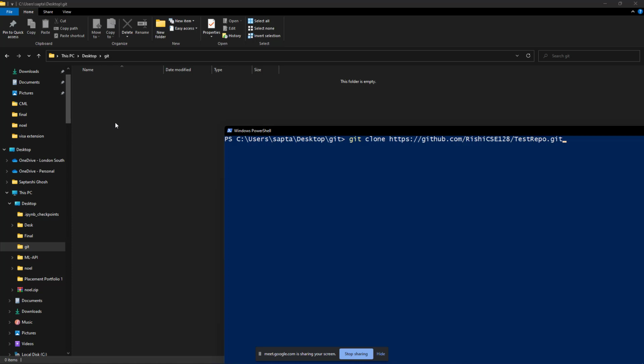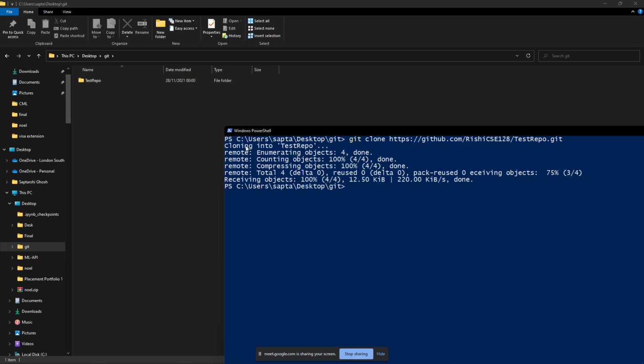Also, from what you taught us earlier, we're doing that step. Yes. So we're saying that Git is the program that we just installed. Okay, Git, we want you to clone this repo, which is the repo that we copied earlier on. And if I press enter, it will start doing the cloning into test repo,